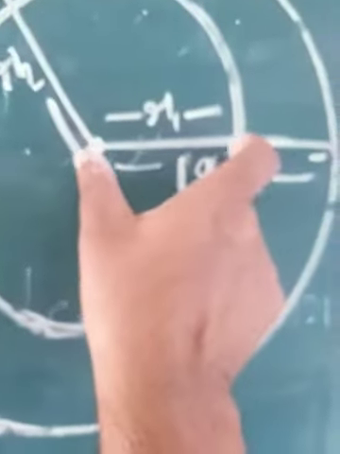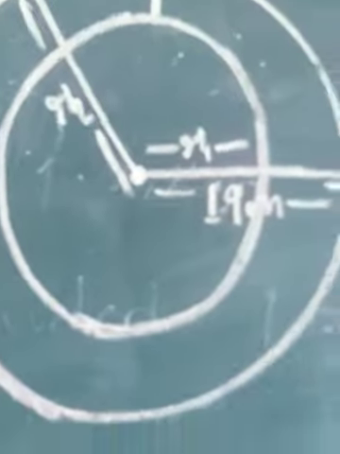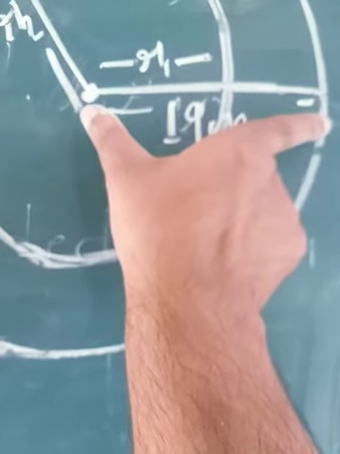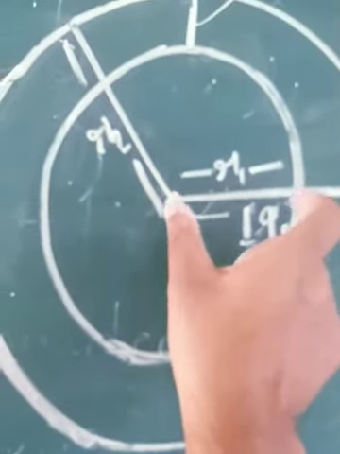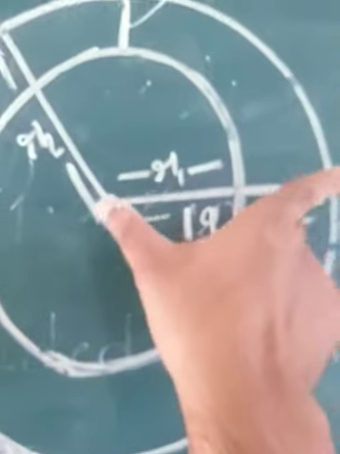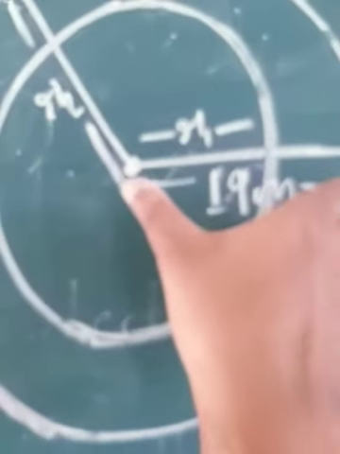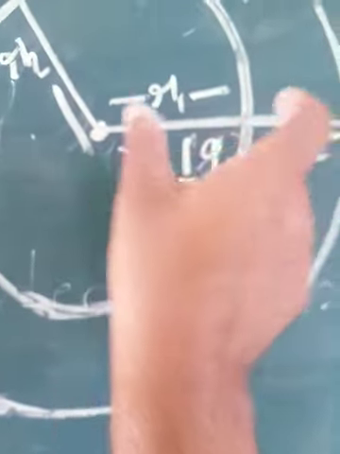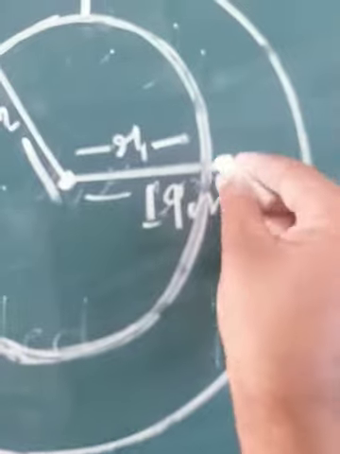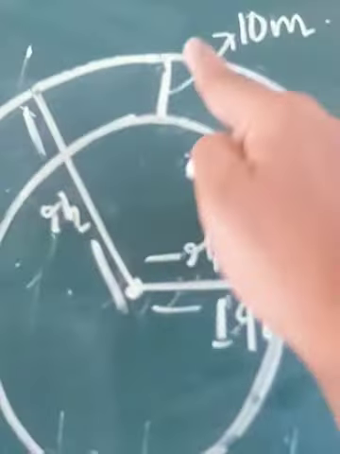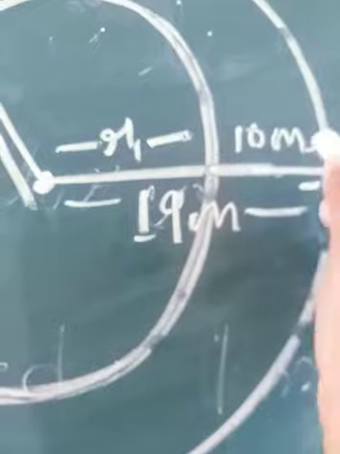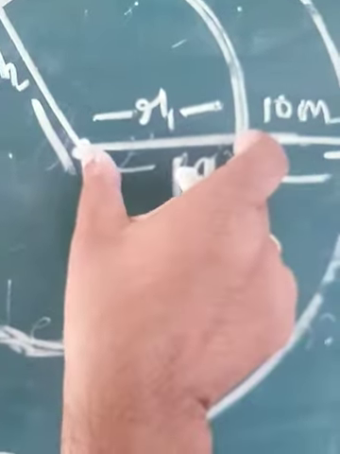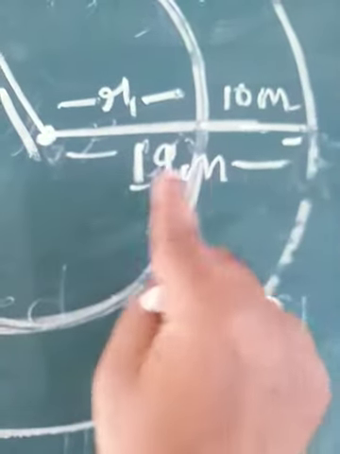So what would be the value of R1 and what would be the value of R2? Now according to the question, the value of R2 is already given, 19. Now your real challenge is to get the value of R1. So how to get it? If we carefully observe, the external radius, that is the outer radius, is a combination of the smaller radius plus the width, isn't it? That is from here to here. The measurement 10 meter is given, isn't it? So it's a combination of the smaller radius and the width. That means R1 plus 10 meter is equal to 19 meter.